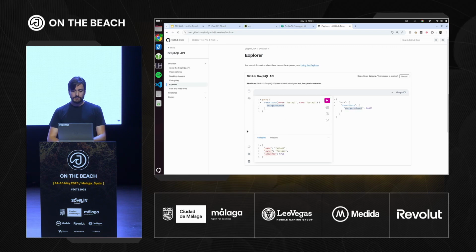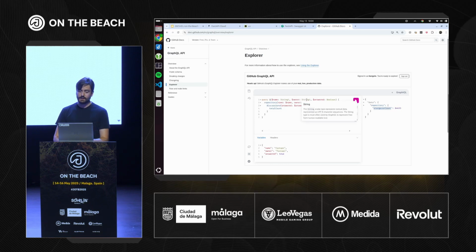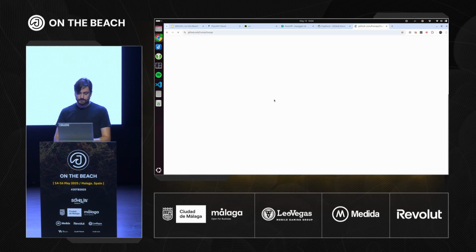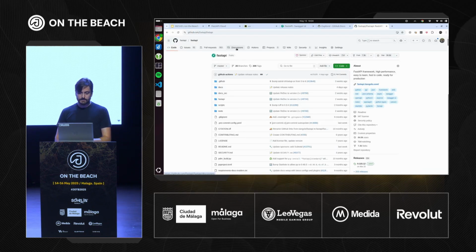So that works. Now what we're going to do is add this other query that I had before. We're going to ask for some specific repository, so some owner, organization or user, then some specific repository, and we are going to ask specifically for discussions in GitHub that have not been answered. Let me show you a little bit what these discussions are. So FastAPI, if we go to the FastAPI docs here, there are discussions here.